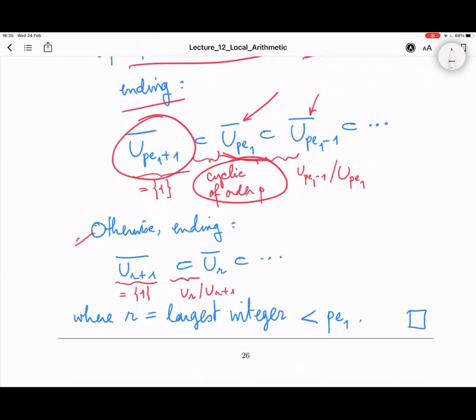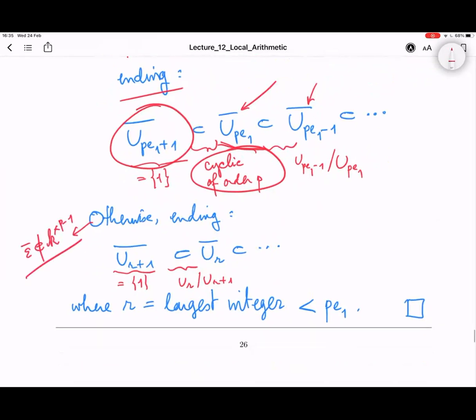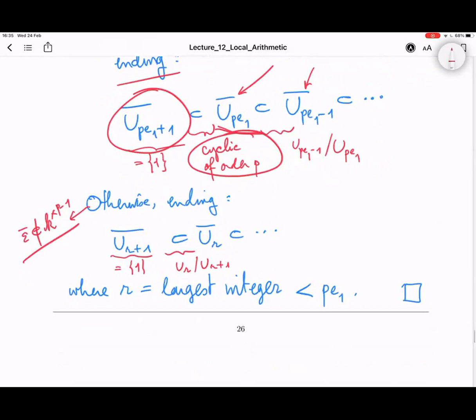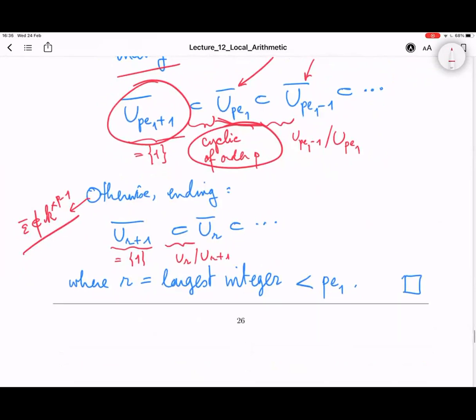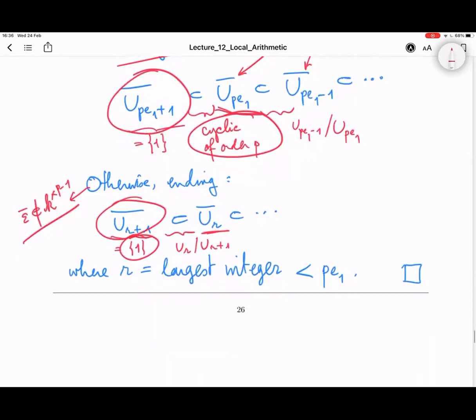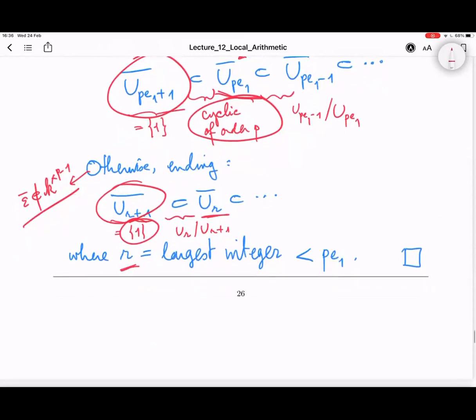And otherwise means that epsilon bar does not belong to K star to the power p minus 1. Otherwise, it ends earlier. It ends at Ur bar. Ur plus 1 bar is trivial,